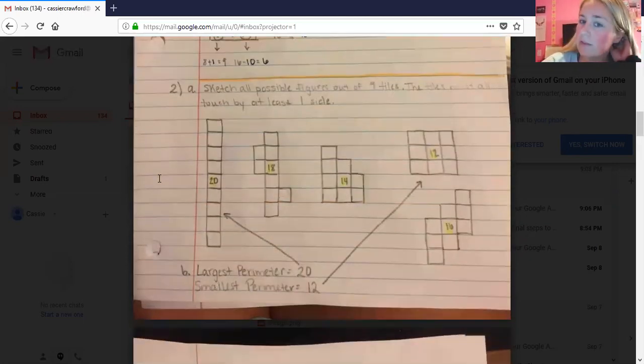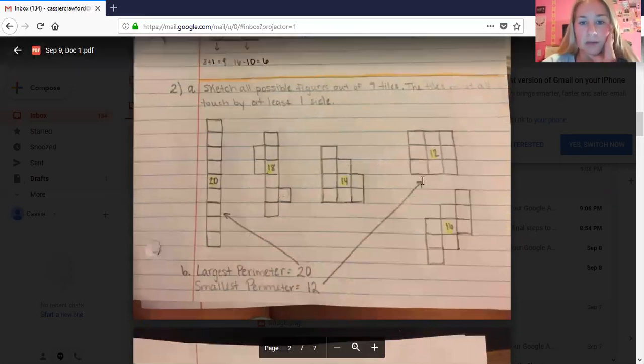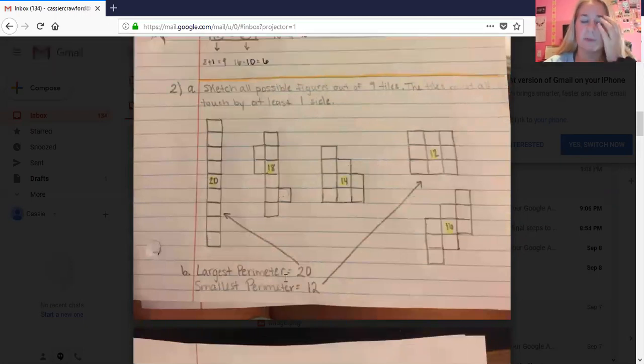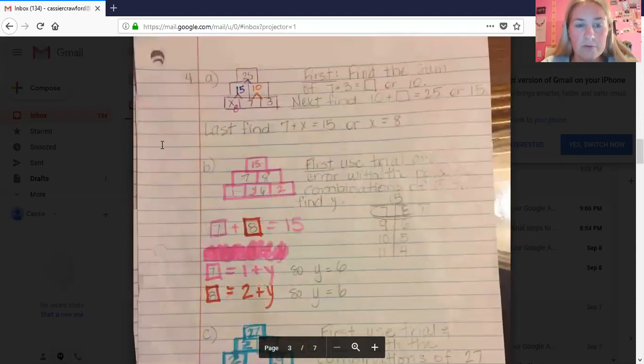As for 2, these are the possible figures that I came up with, and the largest perimeter is 20 and the smallest perimeter is 12. For number 4,